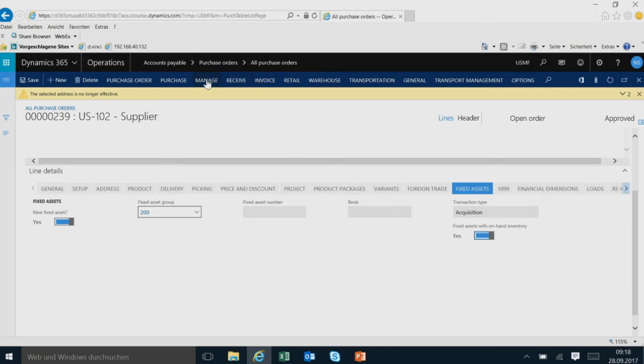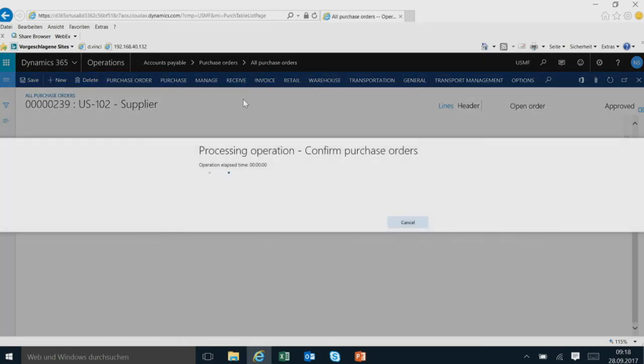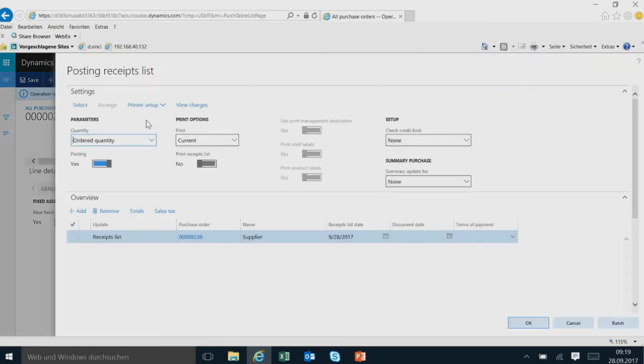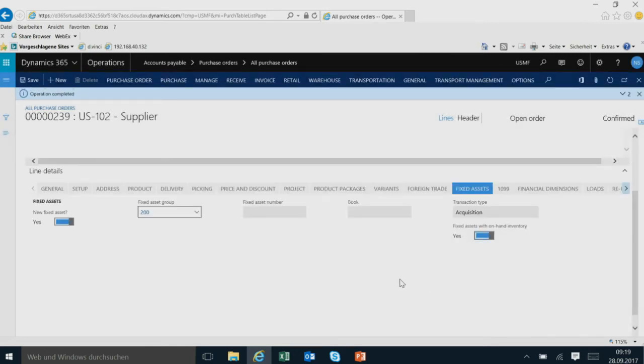So let's post this through quite fast. Confirm this. And as soon as it's confirmed, I can already post the receipt. So if you know Dynamics 365 for operations, this is really the fastest way to do it. There's just no further process in the background that you can for sure use in real life. Post the receipt, and with this receipt,